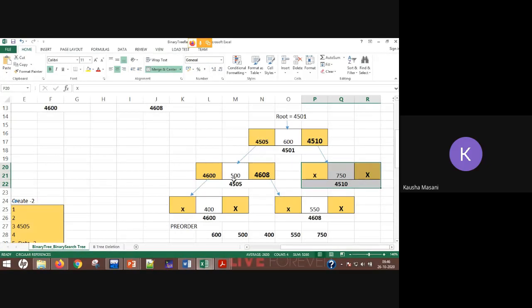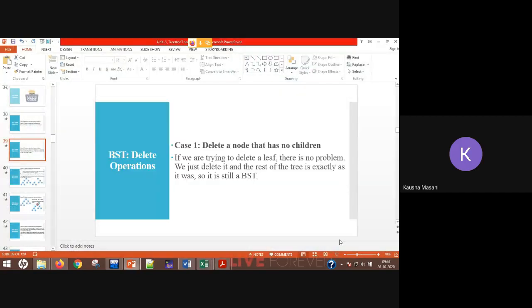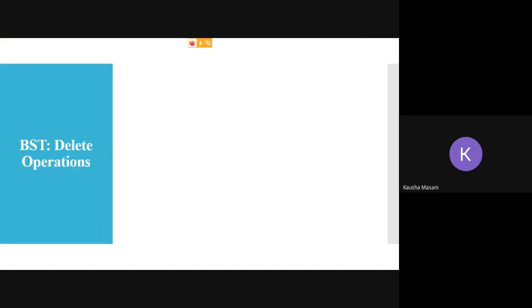All the elements on the left are less than my 600, so there is no issue. The simplest deletion: just search where 750 is located in your BST, call your free function, and free up this memory. Your work is done. That is case number one, the simplest one.